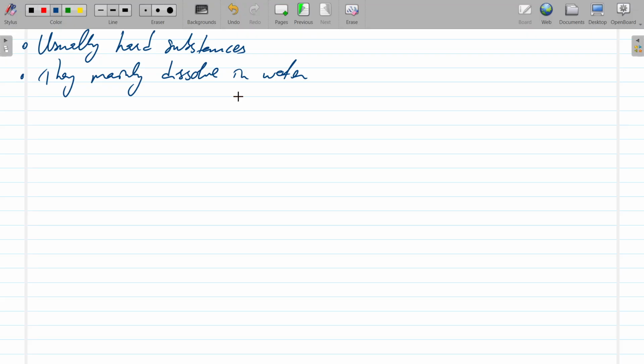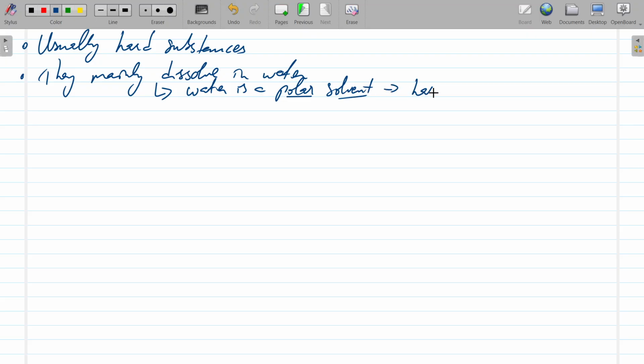And the reason they do that is because water is what you call a polar solvent. So it has a slight charge on it. I'm not going to go into detail on that just yet, but water is a polar solvent,